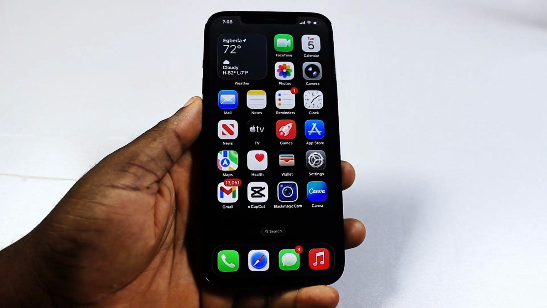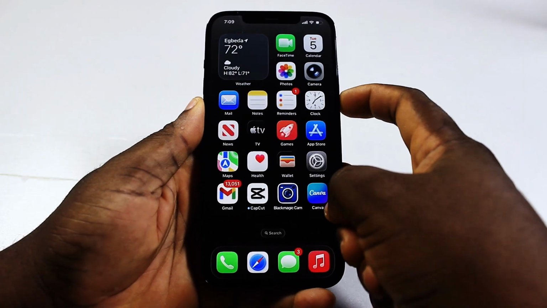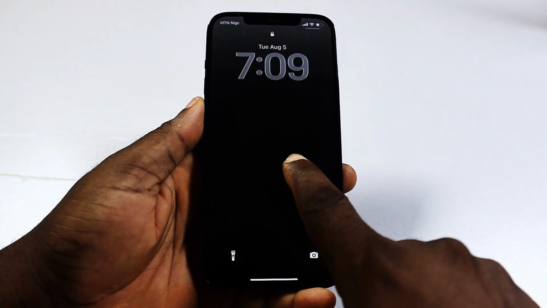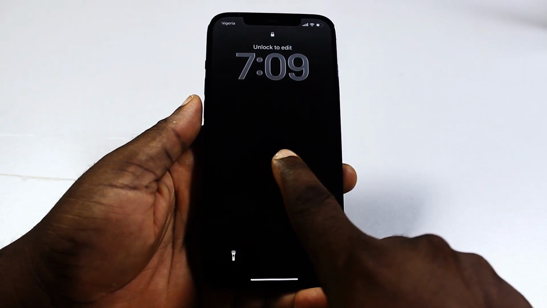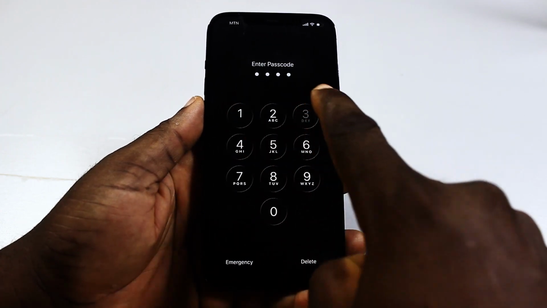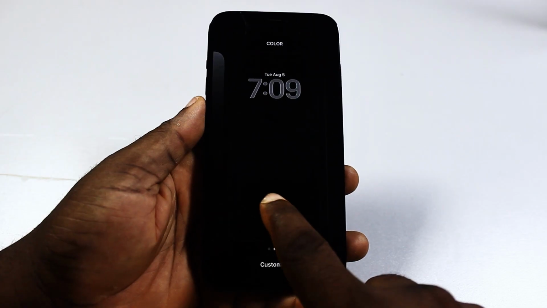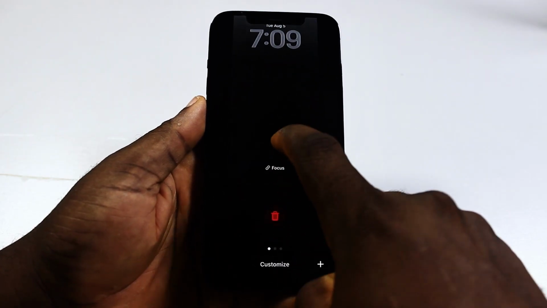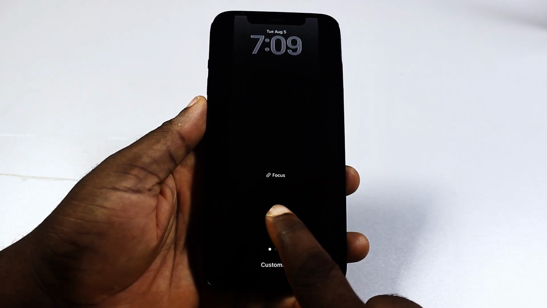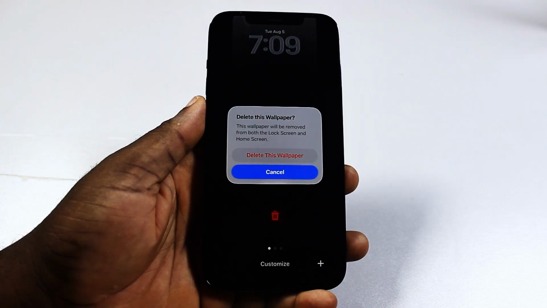Now, to delete your wallpaper, just go ahead and press and hold your iPhone home screen. So just type in your passcode and then locate the wallpaper you want to delete. Once you find the wallpaper, swipe up on the wallpaper, click on the trash icon, and then